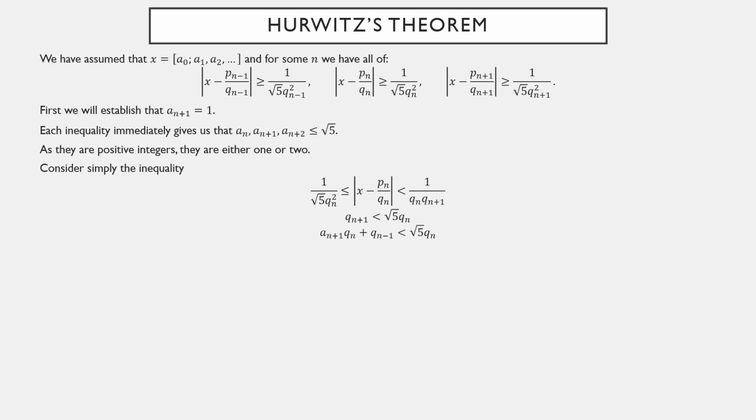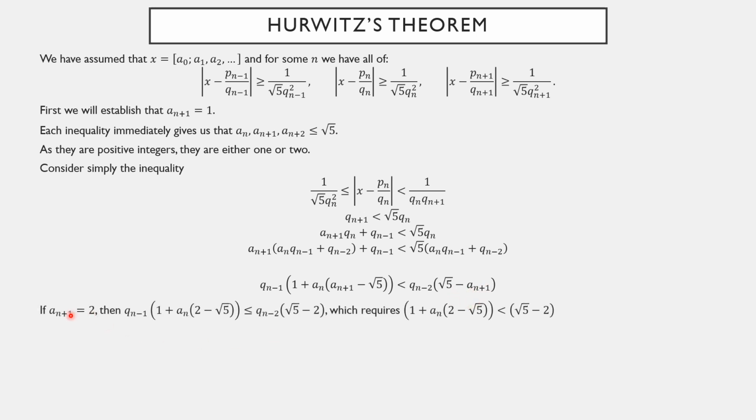Recursive formula for Qn plus 1, we plug that in, and now we do the same for the Qn's that we have. Now if we were to distribute everything out, every term either has a Qn minus 1 or a Qn minus 2, but not both. So we're going to take all of the Qn minus 1 terms, move them to the left, all of the Qn minus 2 terms, move them to the right, and factor. And you'll establish this, that Qn minus 1 times this parenthetical quantity must be less than Qn minus 2 times